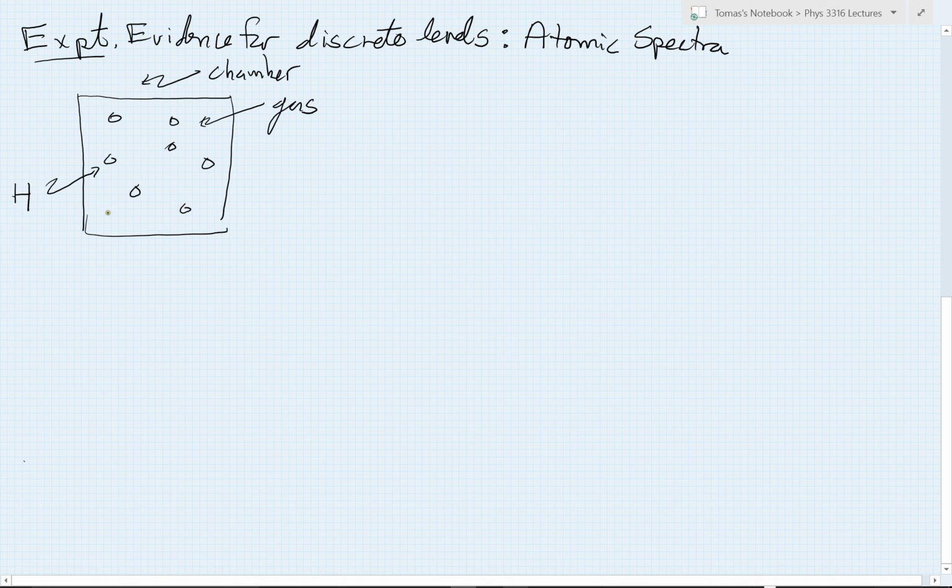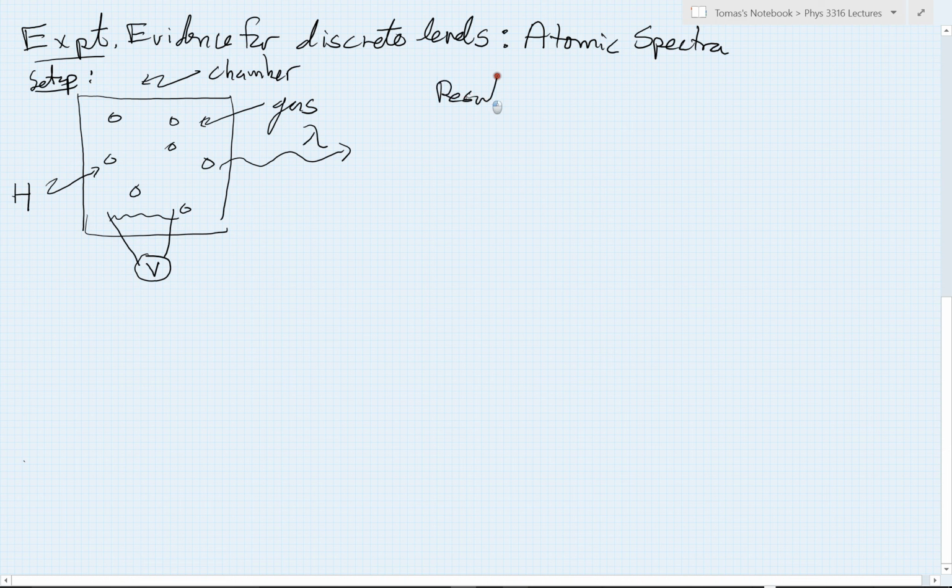And then what you do is you stimulate this gas somehow. You know, who knows? You might put in a very high voltage with some electrodes and put some electrical discharges through here, something to get these atoms all excited and out of their lowest energy configuration. And when you do that, what you find actually is that radiation begins to come out and they emit light at different wavelengths lambda. Now, that's the setup. Now the results